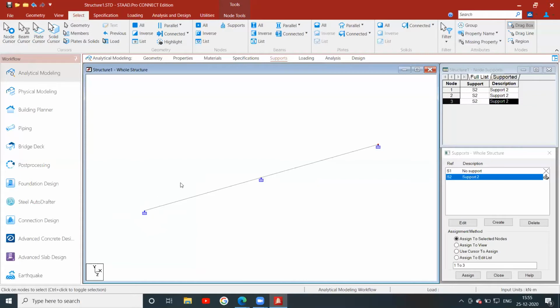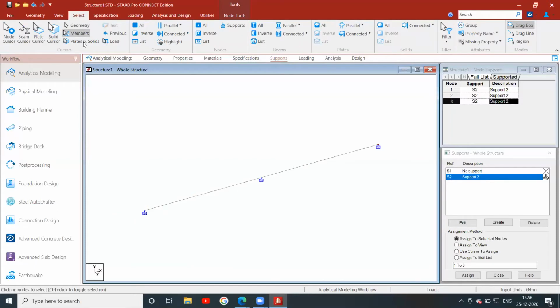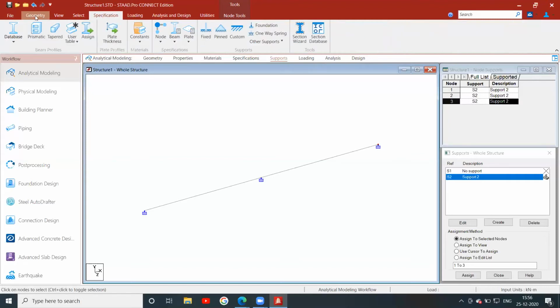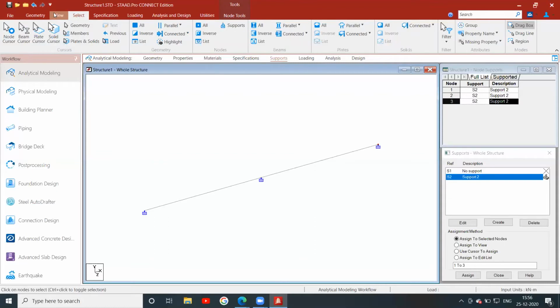Also, by using the beam cursor, we can select beam 1, beam 2, like that. And we can also label them.